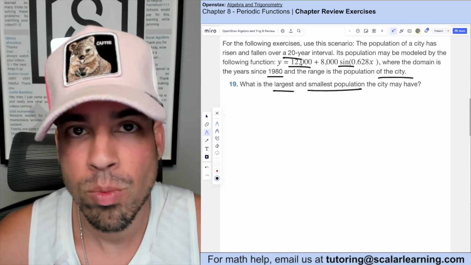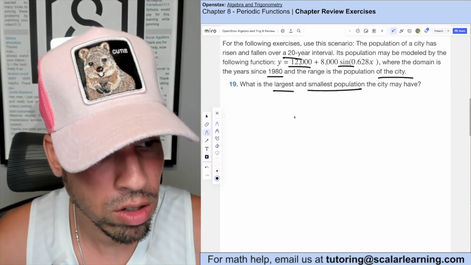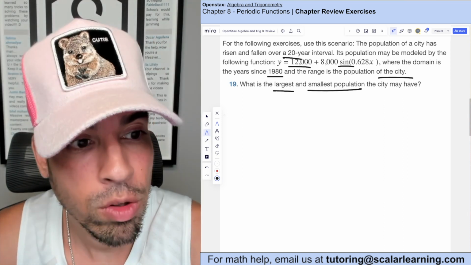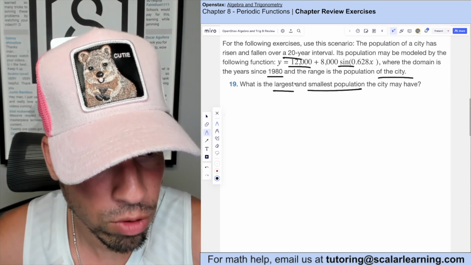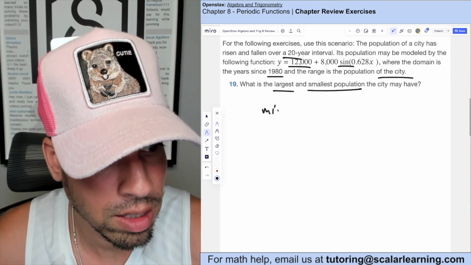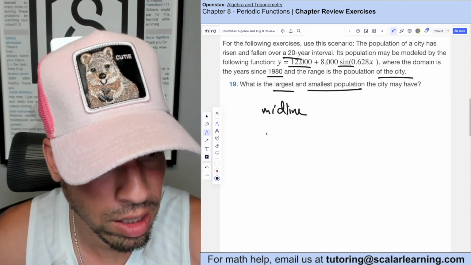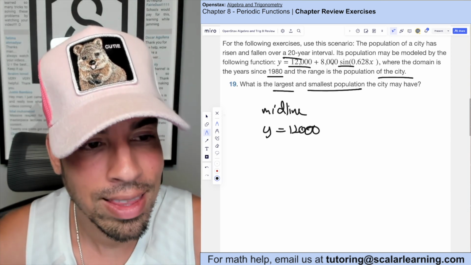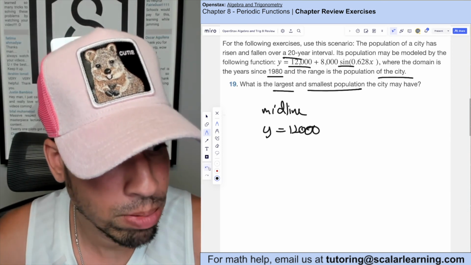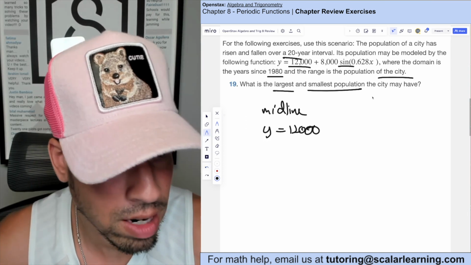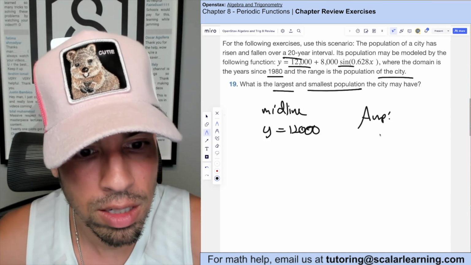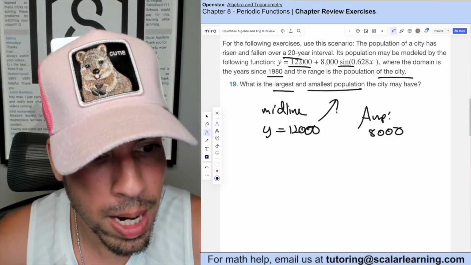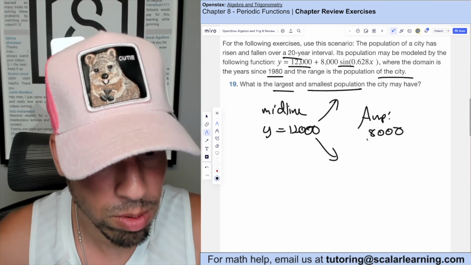So here we see 12,000 as the vertical shift, right? And that's also technically the midline. So just imagine this for a second. If we have a midline at y equals 12,000, and then we have an amplitude. Amplitude is this constant in front of the sine function. The amplitude is 8,000. So that means we go above by 8,000 and below by 8,000 from the midline,